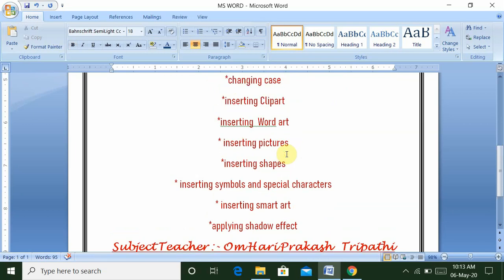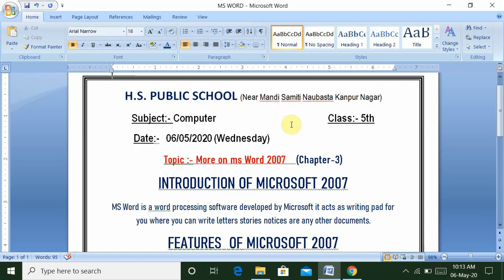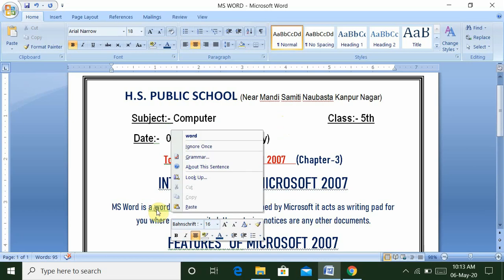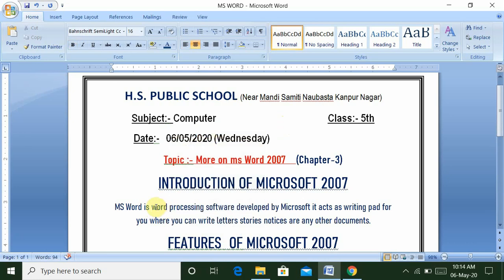As you look, if we write any type of information, then you see a dotted underline under a word. This is your mistake. As you look, there is a mistake.